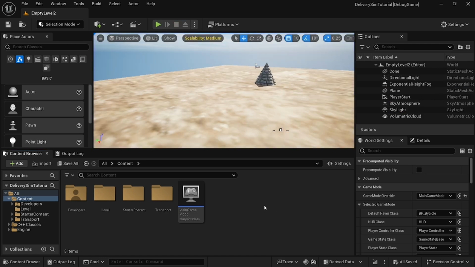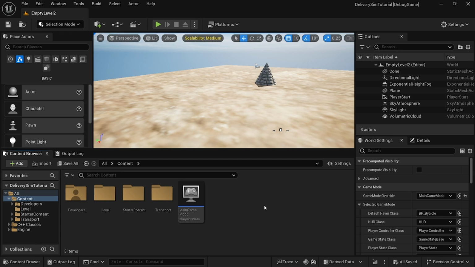But I took a while to think about it, and I want to make it simple for now, but it's a really important decision to rewrite a bit of code and make it work with the enhanced input system. So if you're not interested in the enhanced input system, you can jump to the next chapter, but it's very important stuff, I think, and I want to spend this chapter on explaining the enhanced input system and implementing it for the